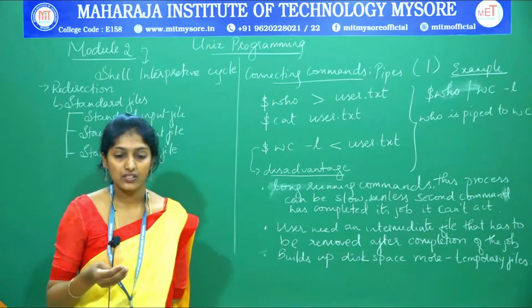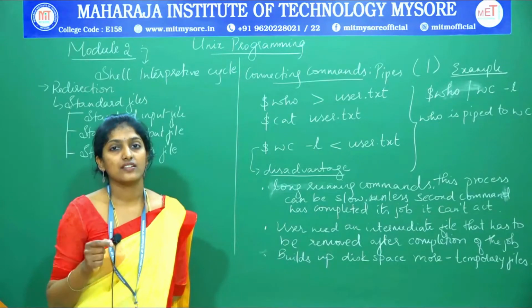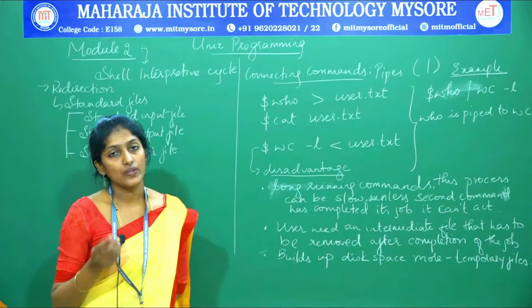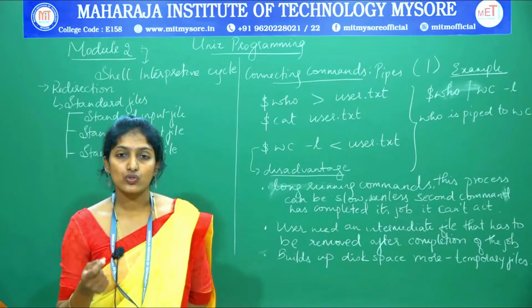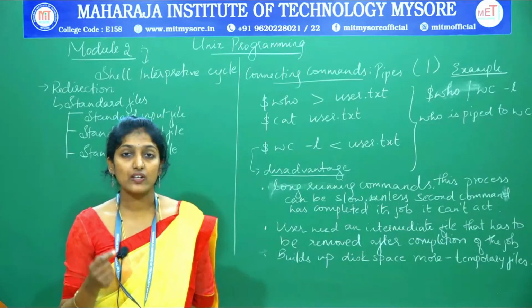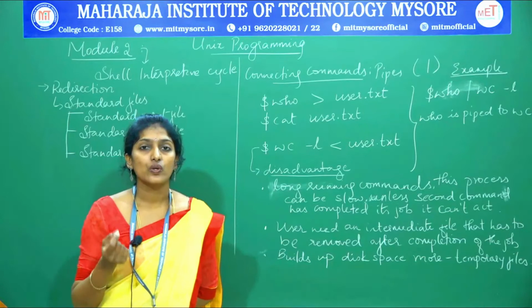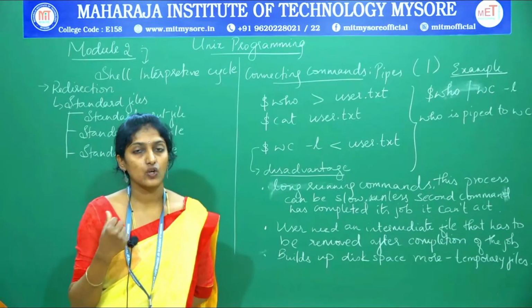In that we have discussed so many meta characters like star, question mark, dot, character class, and within that negation of character class, all those things. Along with that, we had even discussed the escaping and quoting concept. Those two concepts are basically used for what? Ignoring the meaning of the special characters. Okay, so if the user wants to ignore the meaning of a special character, at that time we are going to use this escaping and quoting.